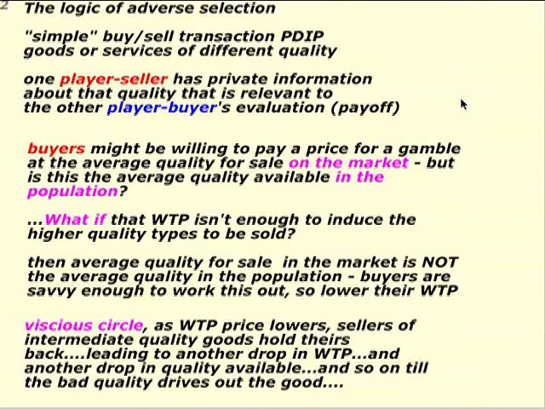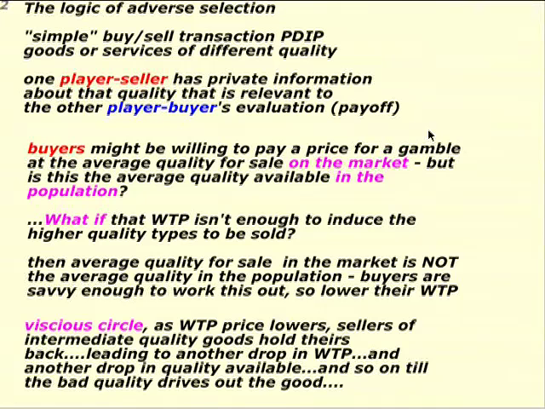So the first thing is that it's going to be just a simple transaction between a buyer and a seller. The good or service being exchanged is either high quality or low quality, and the seller here is assumed to have some private information about the quality, and that private information is quite relevant to the buyer's evaluation. But the buyer isn't informed of that. It's private to the red player, the seller, and the buyer doesn't have that specific information